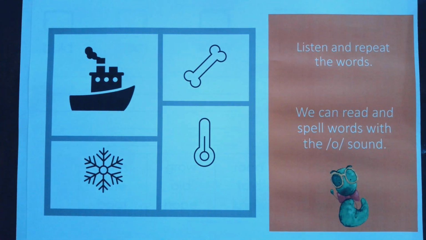In this video, I'm going to demonstrate how to introduce a sort with students when you're introducing different spellings for one sound. Now, if you're using the PowerPoints to help introduce this, there is an introductory slide here. I have it printed out, but these pictures would be displayed for the students, and you would ask them to listen to the words you say and repeat the words out loud and pay attention to the vowel sound